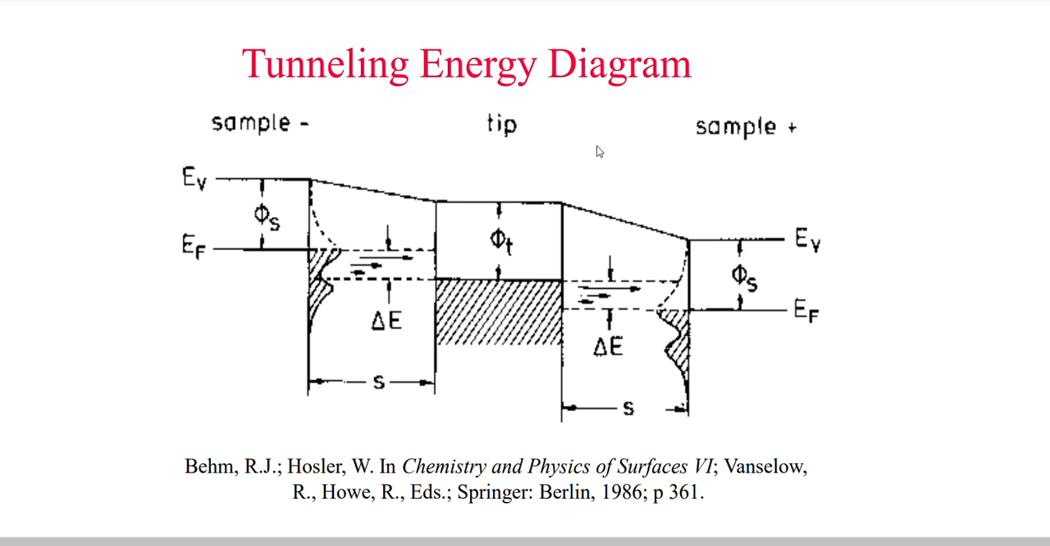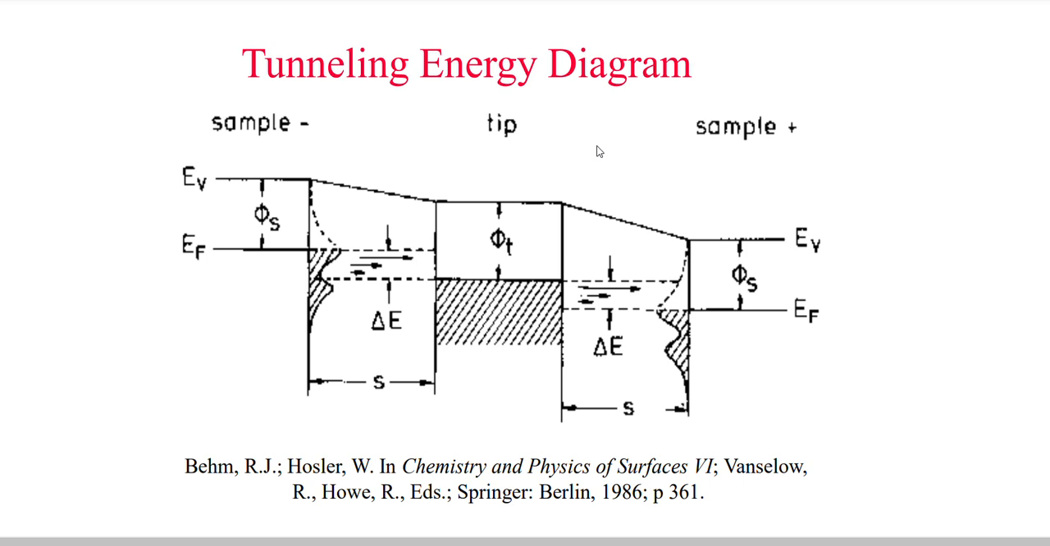This diagram shows the bias dependence on tunneling. EV is the vacuum level or the reference energy level. EF is the Fermi level, which is the highest occupied level in a metal. The work function is defined as the amount of energy needed to remove an electron from the bulk to the